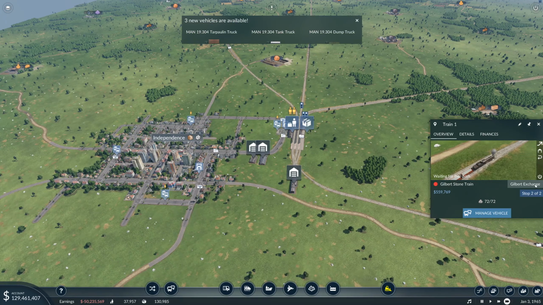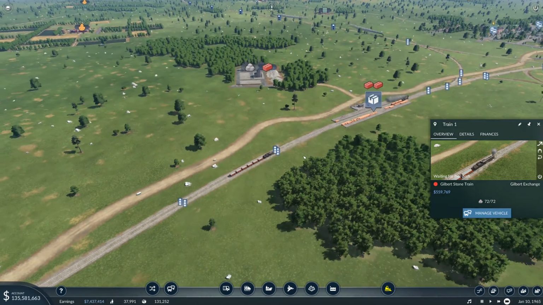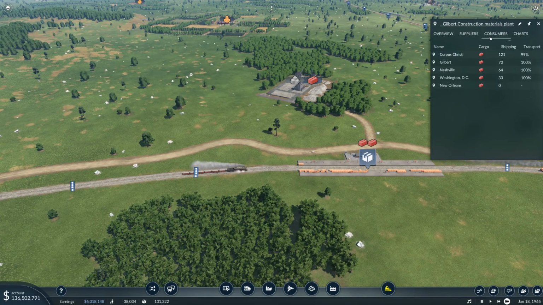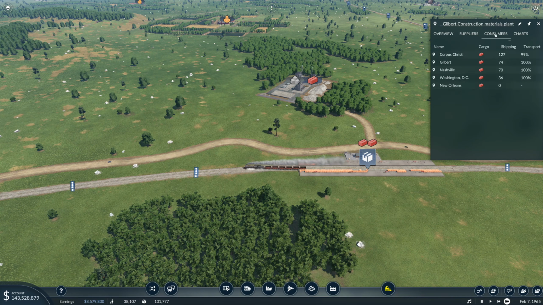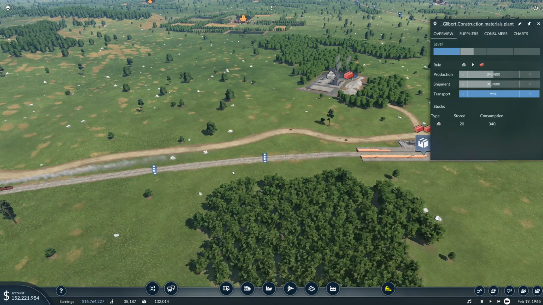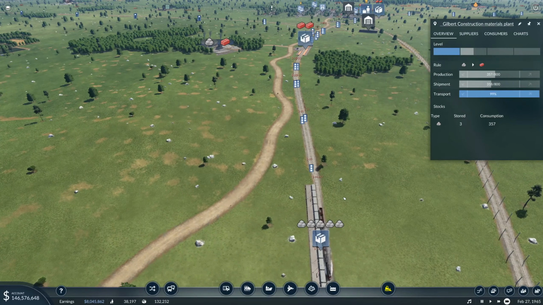Gilbert Stone train. And let's go ahead and take a look at it, because we might want to just upgrade the station, since it's 288, production 190. Yeah. So it's just that there aren't enough people who want that much stone, so it's producing what people want. Since we only have one train on this line,